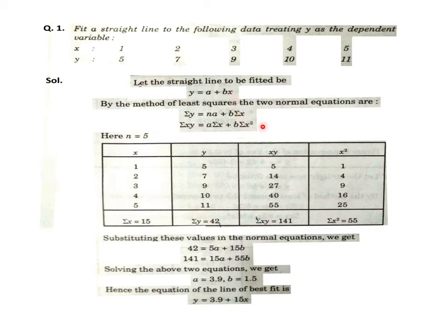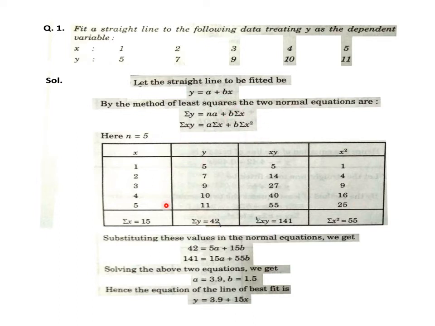Here we need two, so we created two normal equations, and then we have to substitute the possible values in these two equations. For that, small n, we know the number of points is 5, and we have to make a table. The first and second columns of that table are the standard values given, that is, of x and y. Then we need sigma x, sigma y, sigma of x into y and sigma of x square. So multiply x and y in the next column to produce sigma xy, and then we need sigma x square, so take squares of all values of x in one more column.